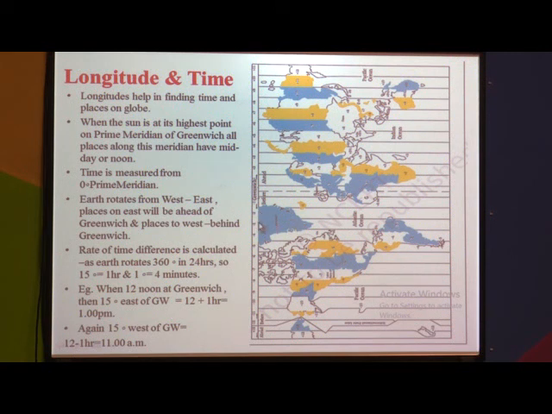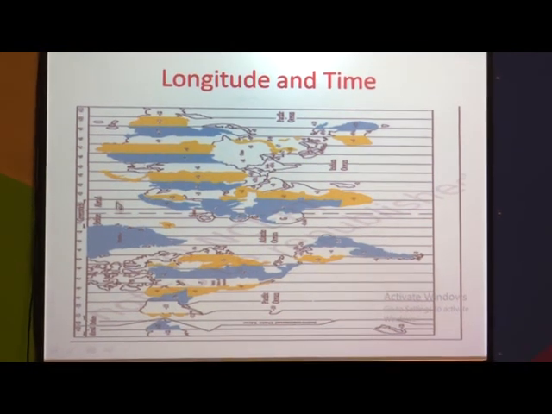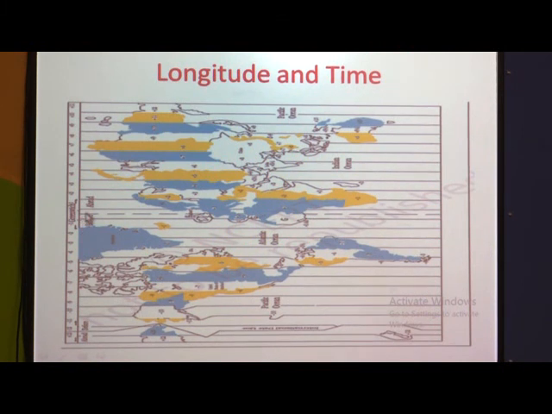Like this we have to reduce the time. Here again, on this longitude they will be minus 2, meaning 12 minus 2, it is 10 o'clock. So like this the time goes on decreasing here, and this is how we have to calculate the time. See, I have shown you this map. This is Greenwich. The places to the east of Greenwich will be ahead by 1 hour. For example, India is on longitude 4, so India will be 4 hours ahead of Greenwich time.